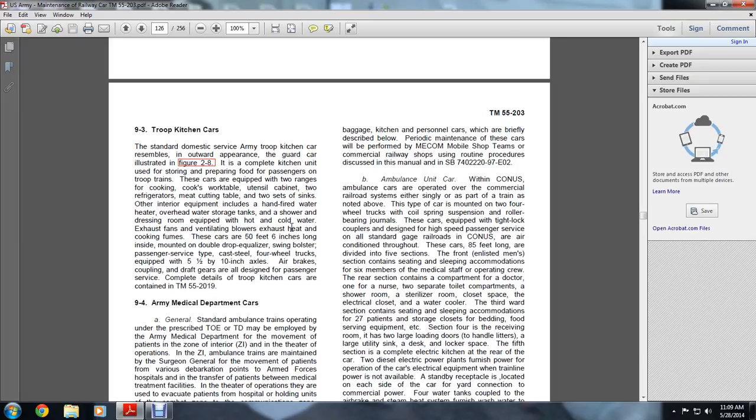These cars are 50 feet 6 inches long inside, mounted on double drop equalizer swing bolster passenger service type, steel four-wheel trucks equipped with 5.5 by 10-inch axles. The air brakes and coupling draft gears are designed for passenger service. Complete details of the troop kitchen cars are contained in TM